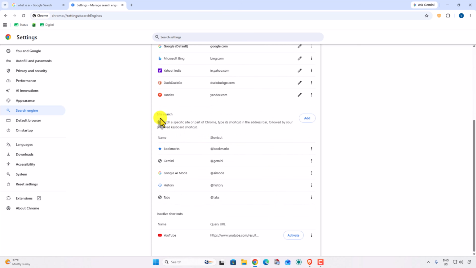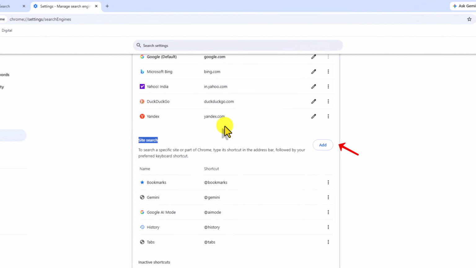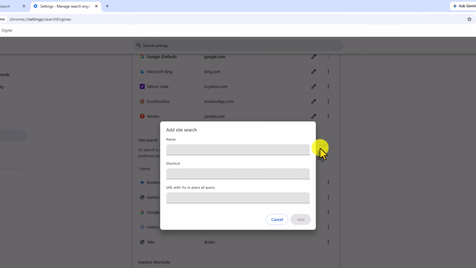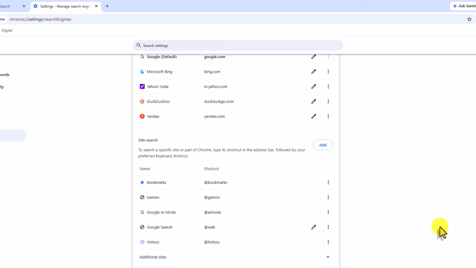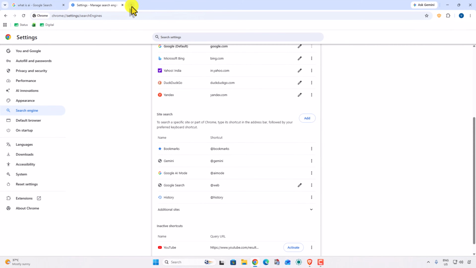Okay. So here you find site search, then click on the add button. And here we are going to type Google search. Now we are going to add a keyboard shortcut like @web, and now we are going to paste the code, and this code will help you to change AI overview. Okay, then simply click on this add button, and now we are going to check whether it is working